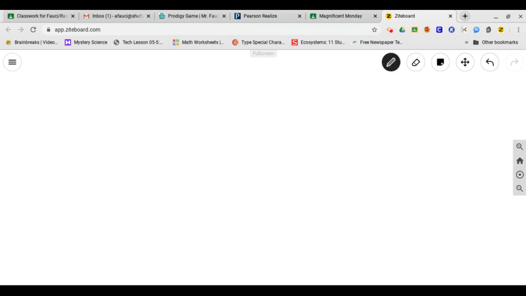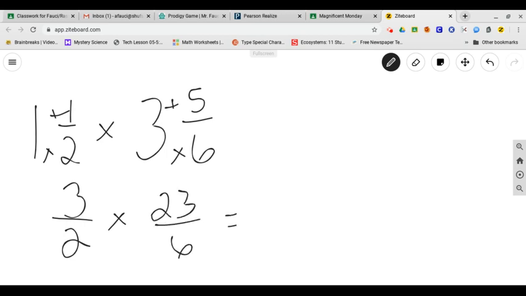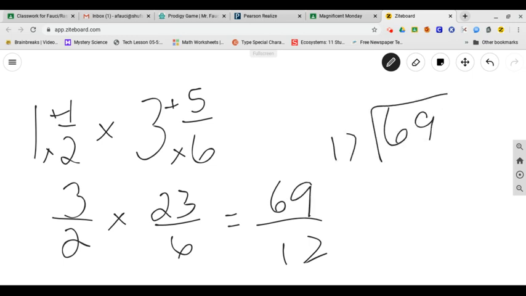Let's try, how about we do 1 1/2 times 3 5/6. Okay. 2 times 1 is 2, plus 1 is 3. So I have 3 over 2 times 6 times 3 is 18. 18 plus 5 is 23 over 6. Then I would do 23 times 3. I know the bottom is 12. 23 times 3 is going to give me 69. And then I have to do 69 divided by 12. And 12 goes into